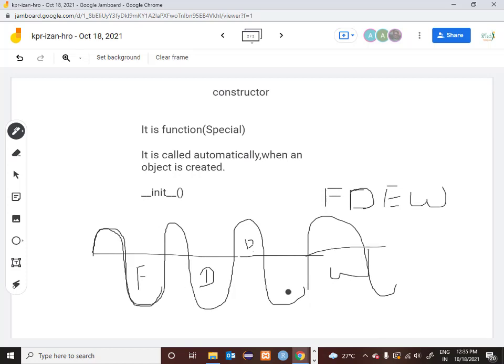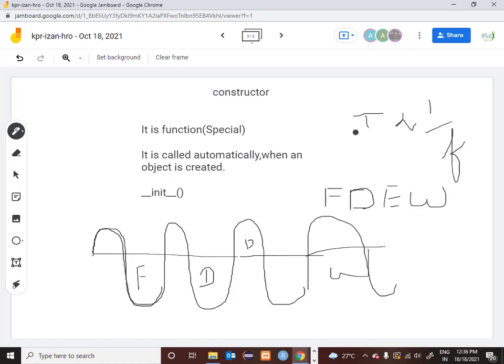So how many cycles are you taking? 4 cycles. Just imagine, to execute one function you are taking 4 cycles. So if there are 100 objects, 100 into 4, 400 cycles are lost. That 400 cycle time will actually be saved by your one constructor method. Always remember this, T is inversely proportional to frequency.